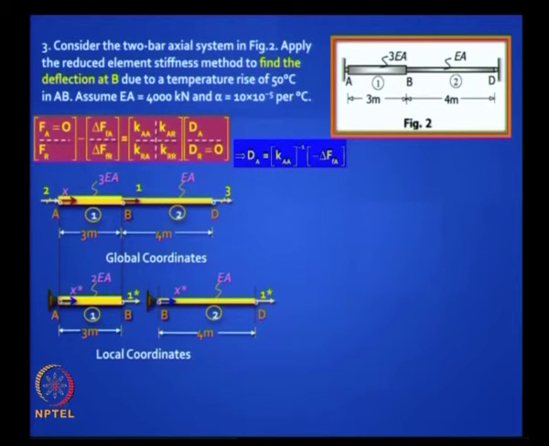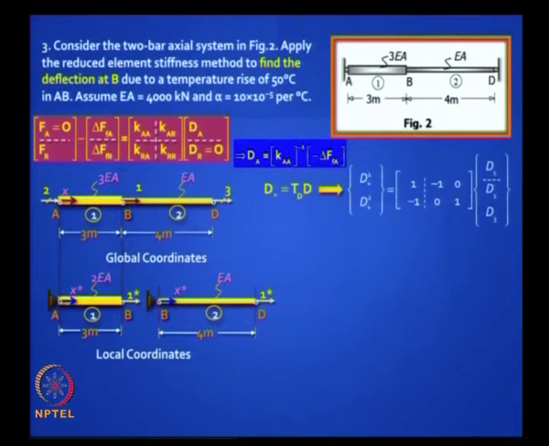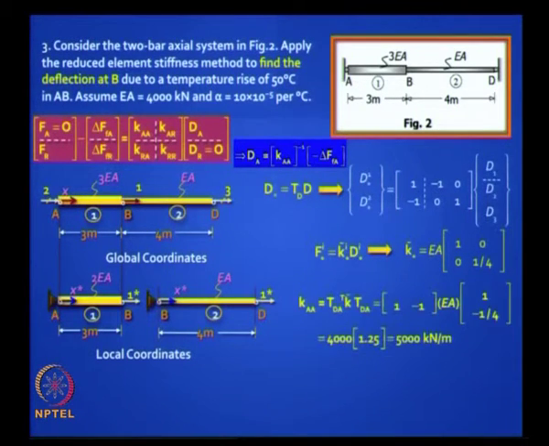This is a familiar picture. If you want the full TD matrix, you can write it down, but all you need is only TDA, and your K star matrix is very simple. It's a diagonal matrix. So your KA is child's play. In one shot you can get it. Don't get the full K, but almost all of you got the full 3 by 3 K, and then you picked up the top left hand corner and said that's KA. You needn't do all that. It's very easy. See, when you write an exam, you have to really be intelligent and do the correct thing in the least time involved.